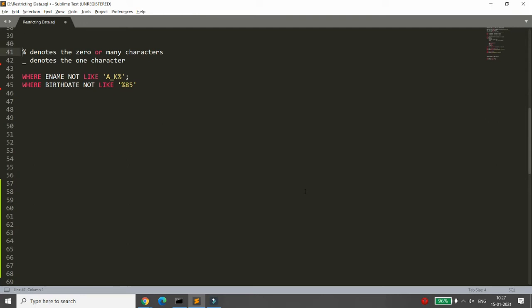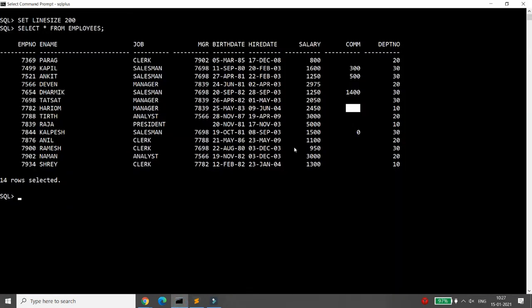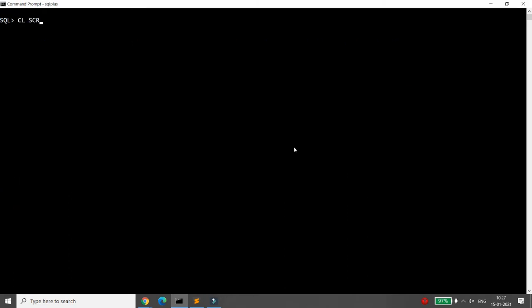Now today I want to go deeper into like. For example, what did we learn in the last lecture? We learned that if you want to retrieve all employees whose name contains A, then we can write percentage A percentage with the like operator. So ename like '%A%'.